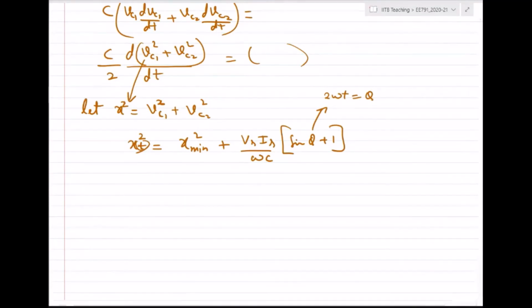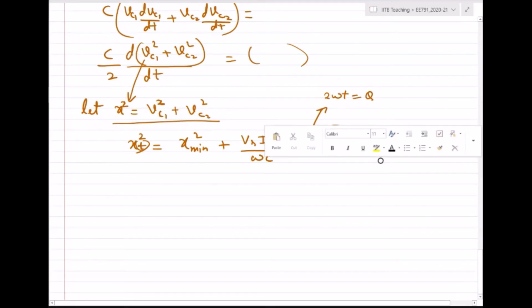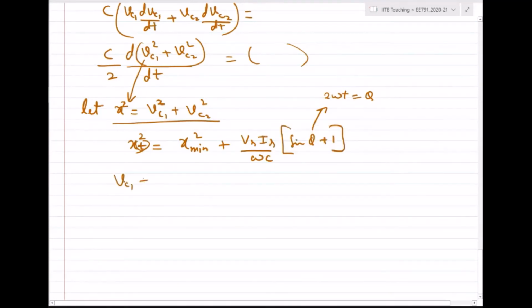Now the next question: the way we did before, for maximum utilization, we would like the swing to be maximum. So what is the value of x min? Here, x square is VC1 square plus VC2 square. At the same time, VC1 plus VC2, that is the top capacitor voltage plus the bottom capacitor voltage, is nothing but equal to the total DC link voltage. So let's say these equations are 3 and 4. If you use these equations 3 and 4 and try to find x min,